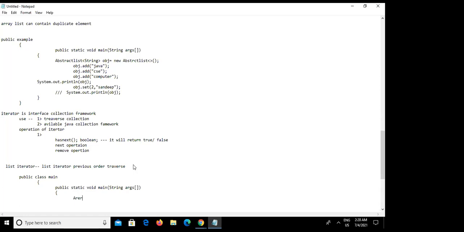So I am again creating array list. I don't want to copy paste.